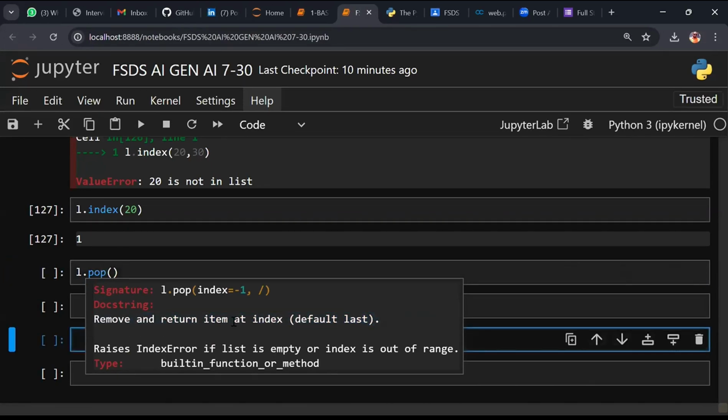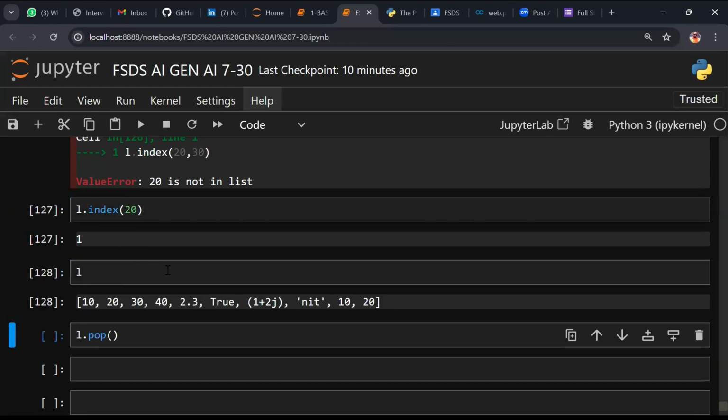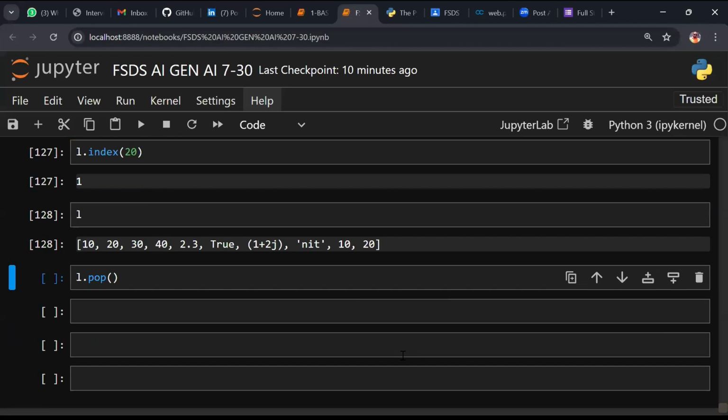Do you read this? What exactly is the meaning of it? By default the last element will be removed and returned to us. Got the logic? Just add a new cell, L. Can you tell me what is the last element now?